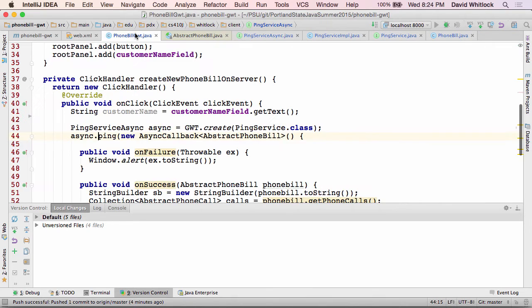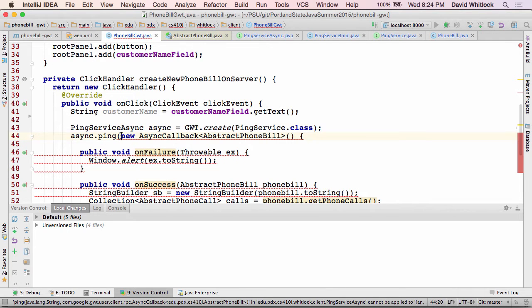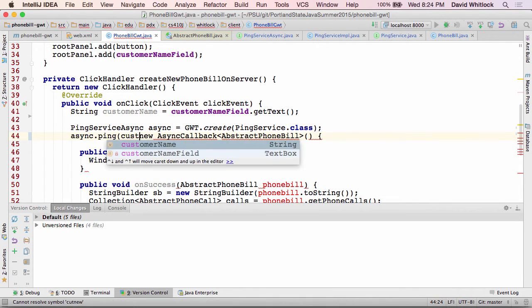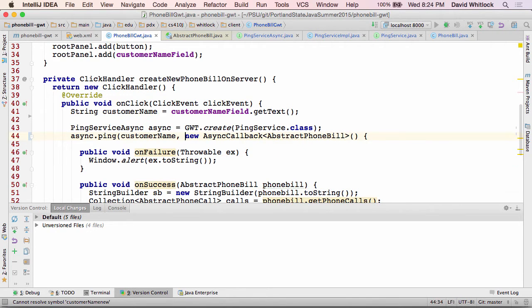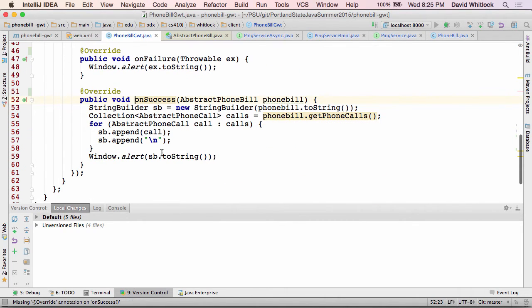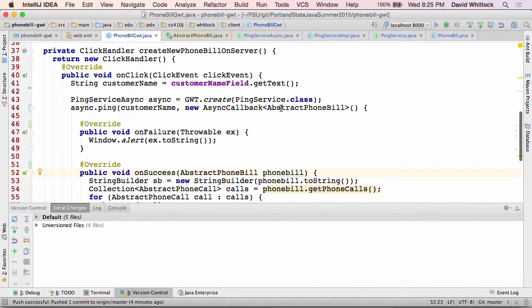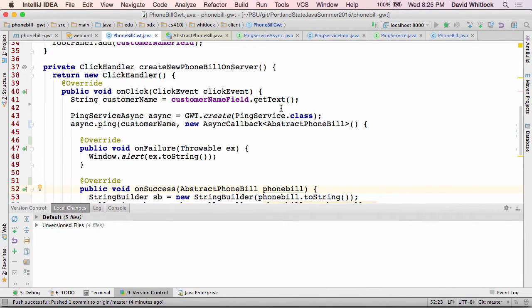So now we go back here, and we see that this ping no longer compiles because it says that, right? It says that I expected a string and then the async callback. And so, great, we'll just put customer name in here. And away we go. Well, let's put some overrides on here to make IntelliJ happy. Okay, now if I try to reload,